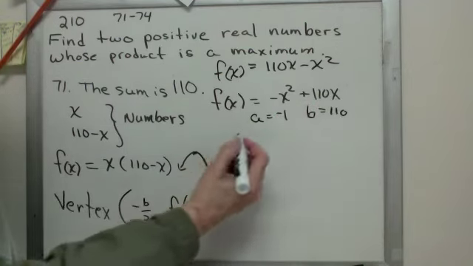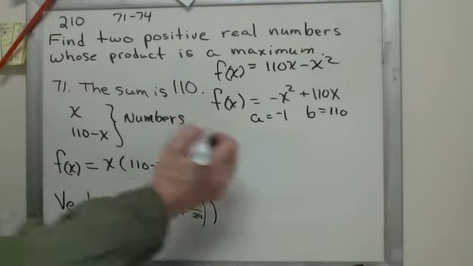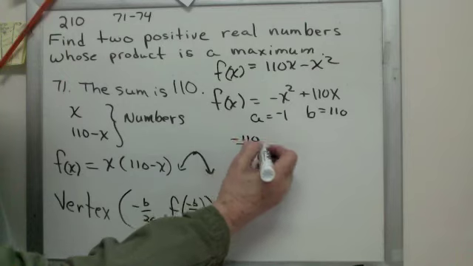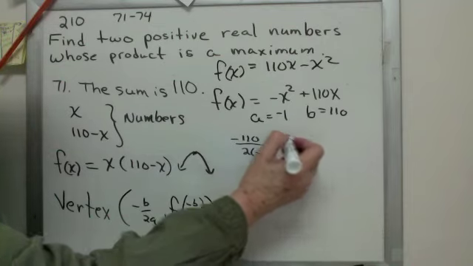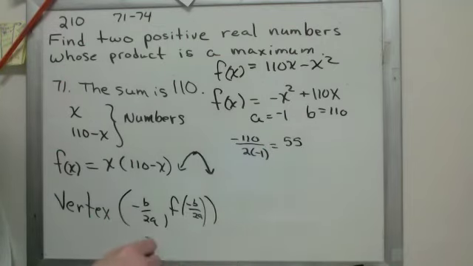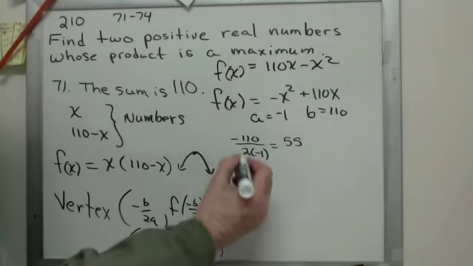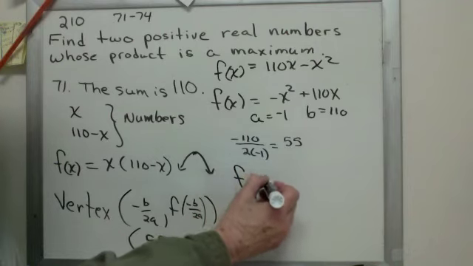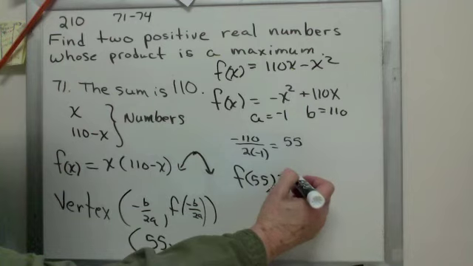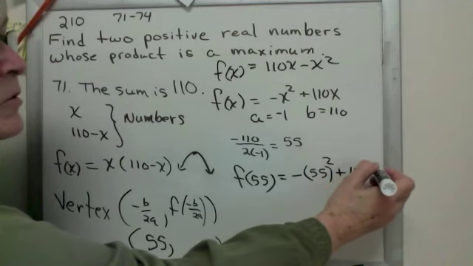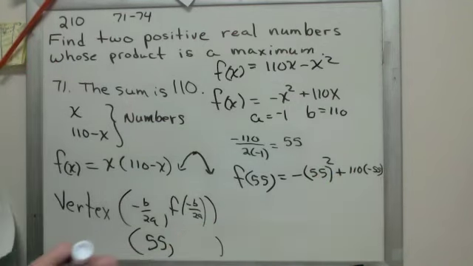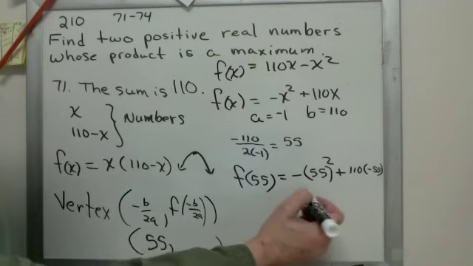What's b? 110. So minus b over 2a, what is that? Minus b, minus 110 over 2 times minus 1. How about 55? So that's the first part of the vertex, right? That's 55. What's the other part of the vertex? F of 55. So how do I find f of 55? Oh, that's a no-brainer, I hope you're thinking. F of 55. So minus, then put 55 in here, squared, plus 110 times 55. And get out your trusty old calculator, and hopefully you get that this is minus